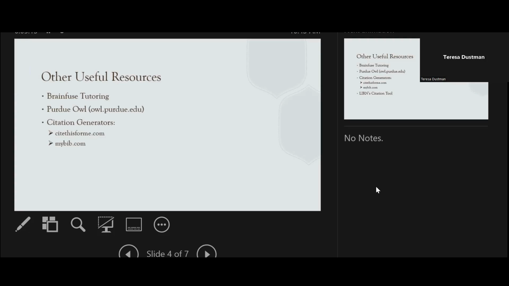CiteThisForMe.com, MyBib.com. You probably have some that you've used too. So these, of course, are great tools for students. A good starting place, I would say. They're not foolproof, though. Sometimes you'll type in a book or a website or something, they'll create a citation and